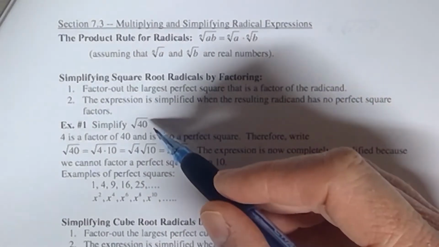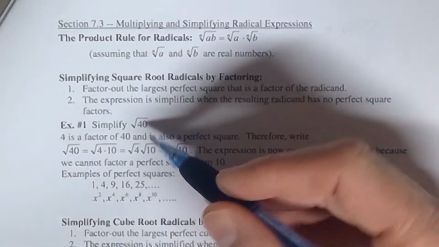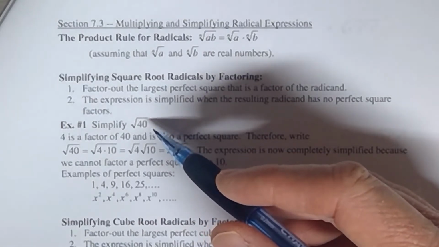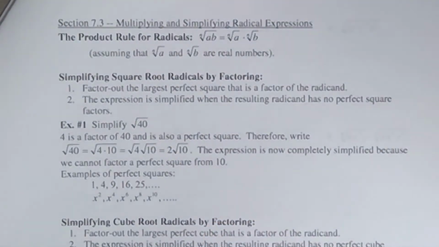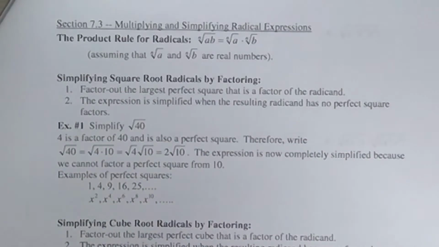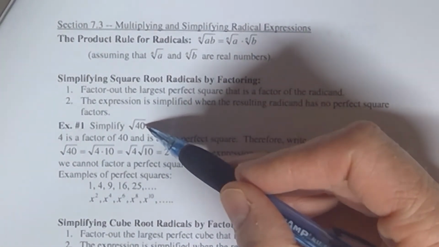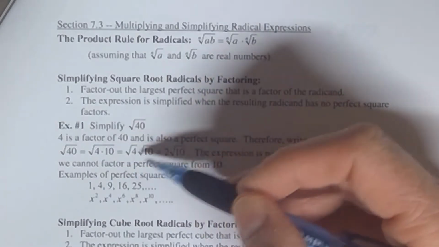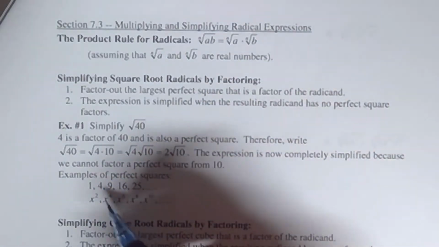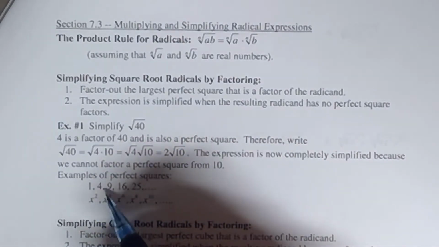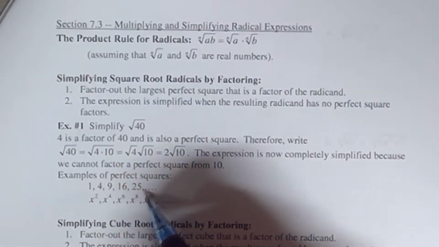Well, we don't know what the square root of 40 is equal to. We know what the square root of 36 is equal to, and we know what the square root of 49 is equal to, but we don't know 40, okay? So if you get a normal whole number, like 1, 2, 3, 4, 5, and it's not one of these perfect square numbers, you know, like 1 squared, 2 squared, 3 squared, 4 squared,